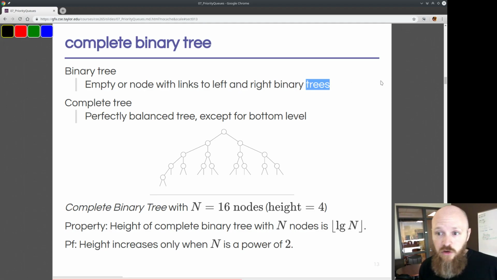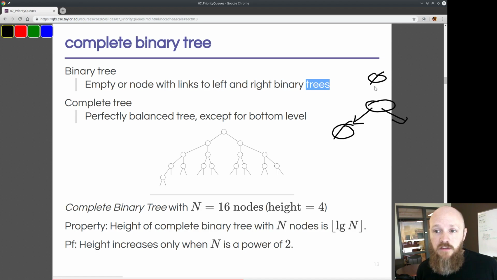We can have the trivial empty, so there's nothing there. Or we can have a node that has left and right links to other binary trees, which can be empty, same as before. We have a recursive definition, or it can be a node with left and right links to binary trees. And this can just go on and on and on. All right, so that's a binary tree. Just in general, we have two directions: either empty or a node with left and right links to other